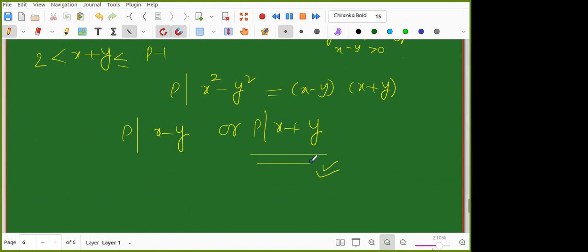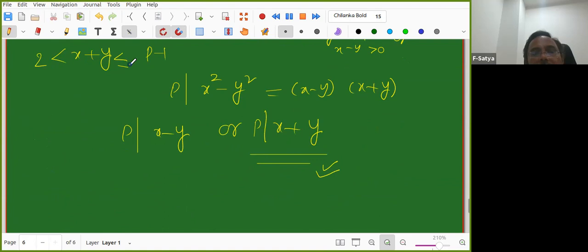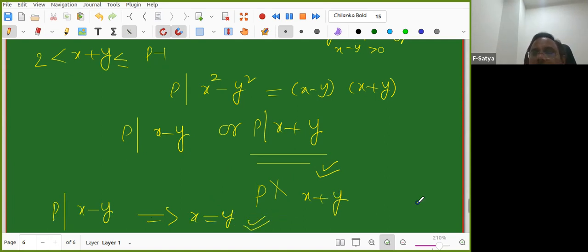That is, x and y are both between 1 and p minus 1 over 2, so this sum is greater than 2 and less than p minus 1. So p does not divide x plus y. We already know this. This part is okay. So then obviously the only thing left is that p has to divide x minus y. This implies x equals y actually. The congruence is gone, they have to be equal. Right?